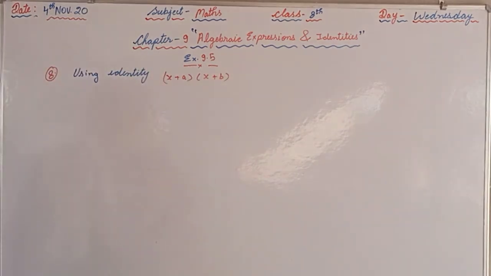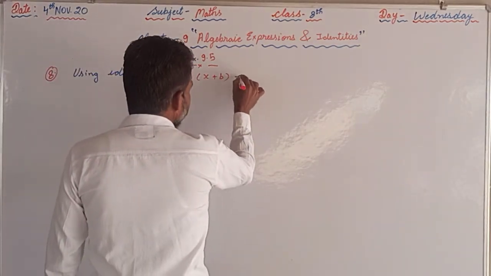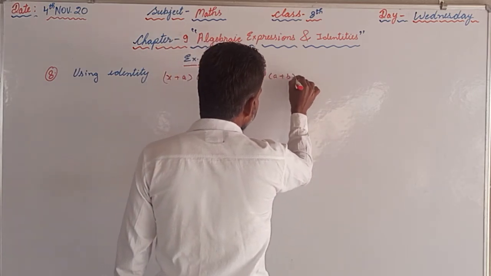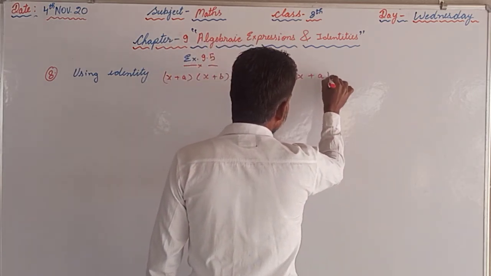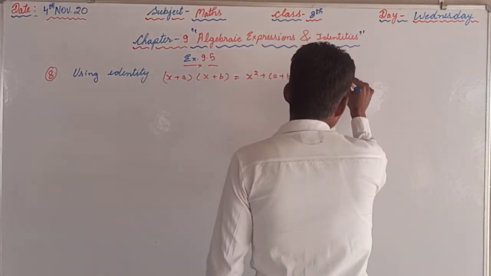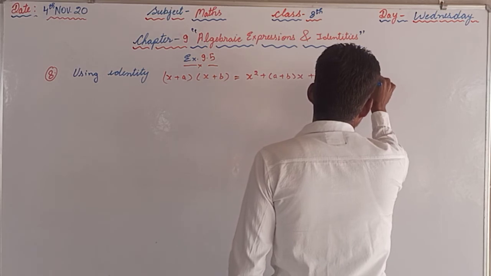That identity we are supposed to use, and that is equal to x square plus a plus b into x plus a into b. And using that identity we are supposed to find